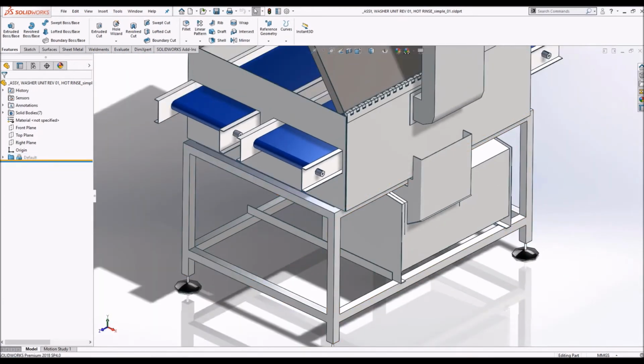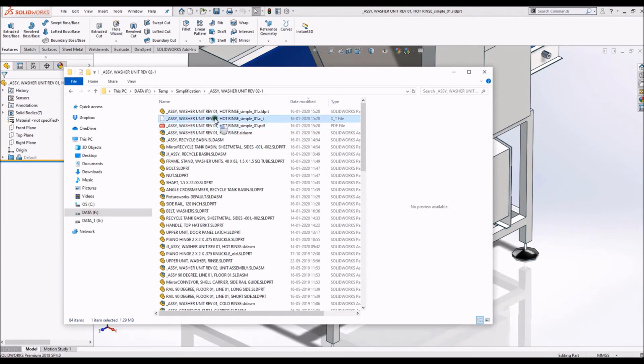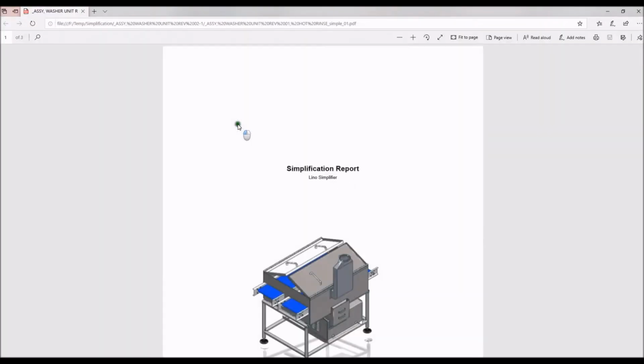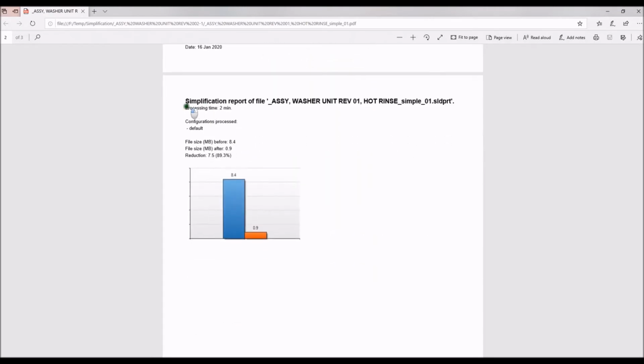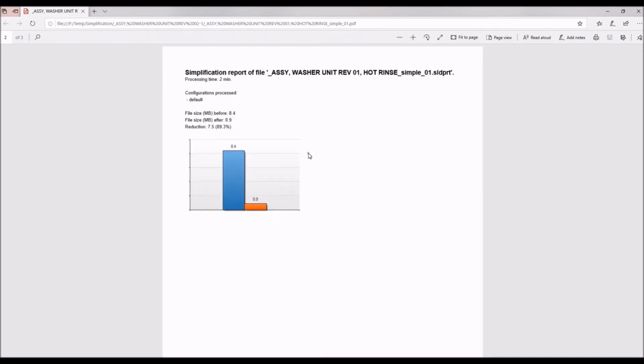Let's look at the output. Three files were created: a PDF, a Parasolid, and of course a Solidworks result file. The PDF file is created by default and contains a report on the result of the simplification. As you can see, it took 2 minutes to simplify the file and the file size has been reduced by